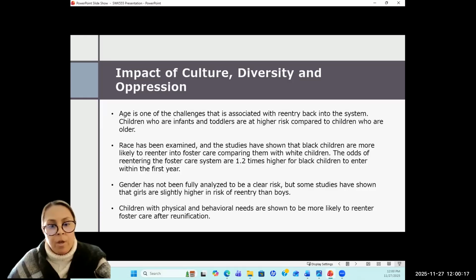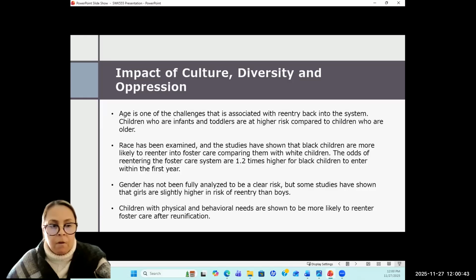Children with physical and behavioral needs are shown to be more likely to re-enter foster care after reunification. But the process of being in the child welfare system does not have any biases.